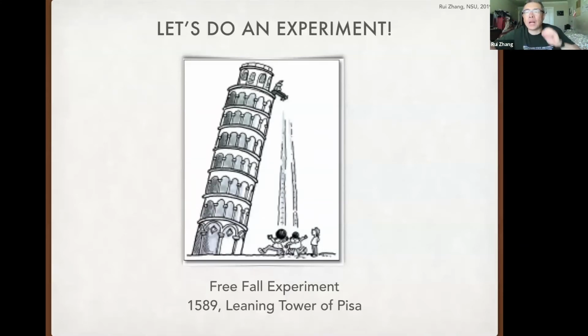Now, again, what I want to emphasize here is it doesn't really matter whether your idea is wrong or right. What matters is whether you have a way to verify it, to test it. And that is based on what we learned today: you have to do an experiment. That's a very simple idea, but that idea was really, really powerful.